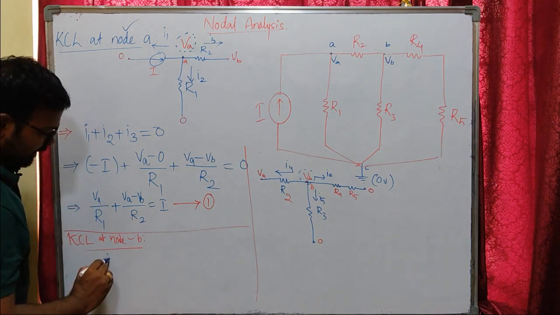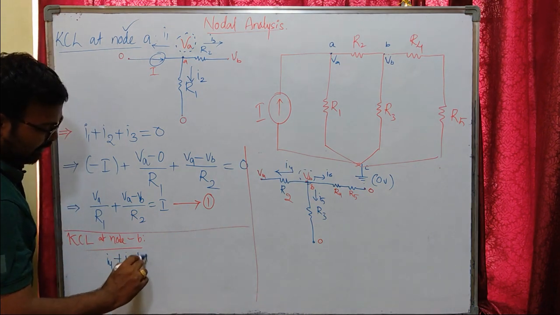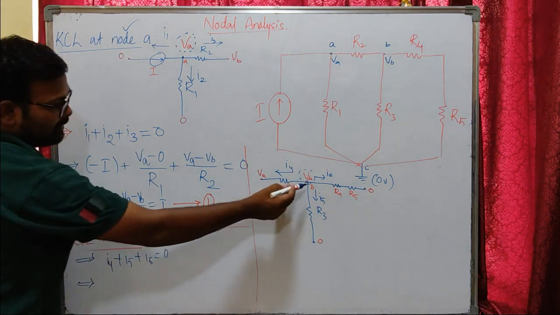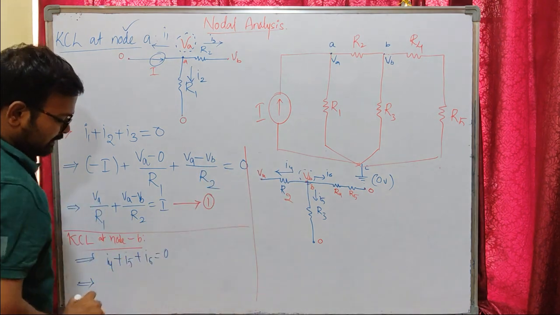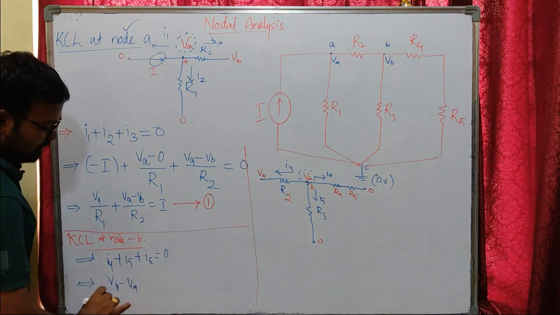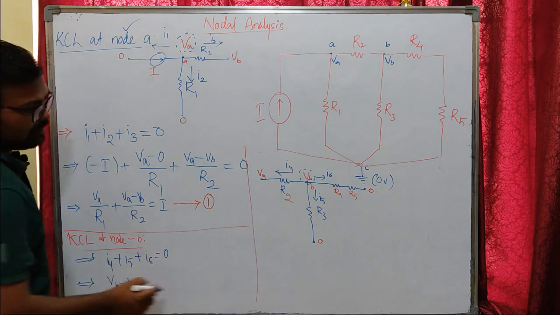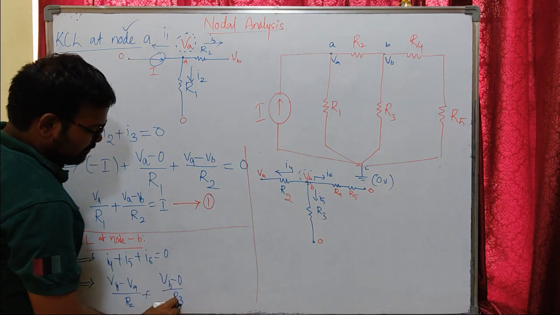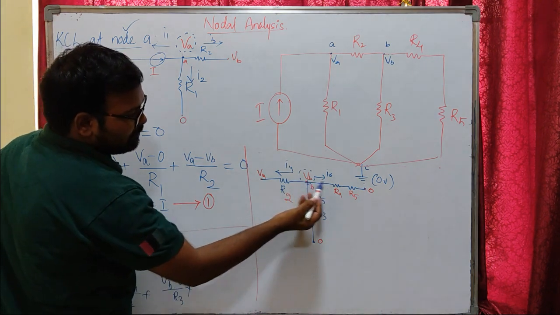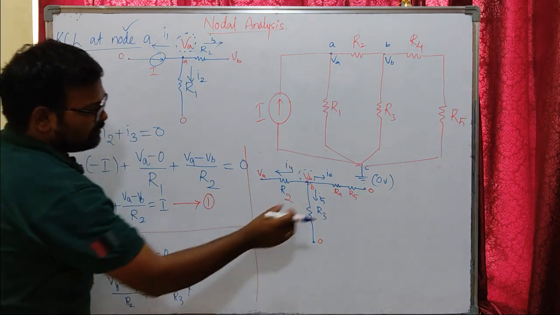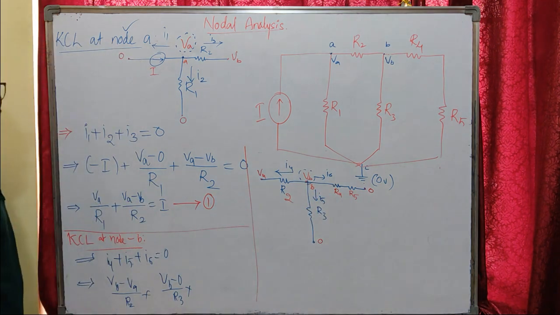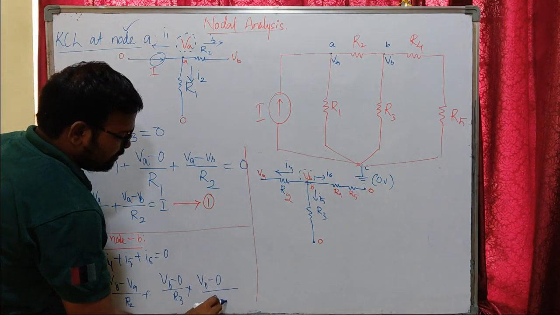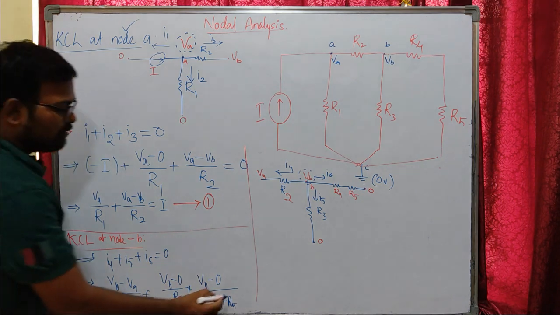So I am going to write I4 plus I5 plus I6 must be equal to 0 according to KCL. I4 is nothing but the current leaving from the VB terminal to VA, so VB minus VA by its resistance, which is R2. Plus I5. What is I5 here? VB minus 0 by R3. And what is our current I6? That is VB minus 0 by R4 plus R5, its equivalent resistance, because they are connected in series. So this must be equal to 0 according to KCL.